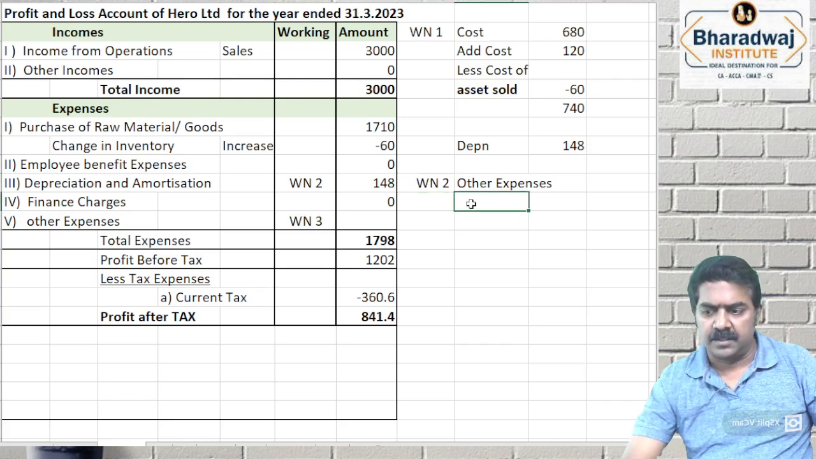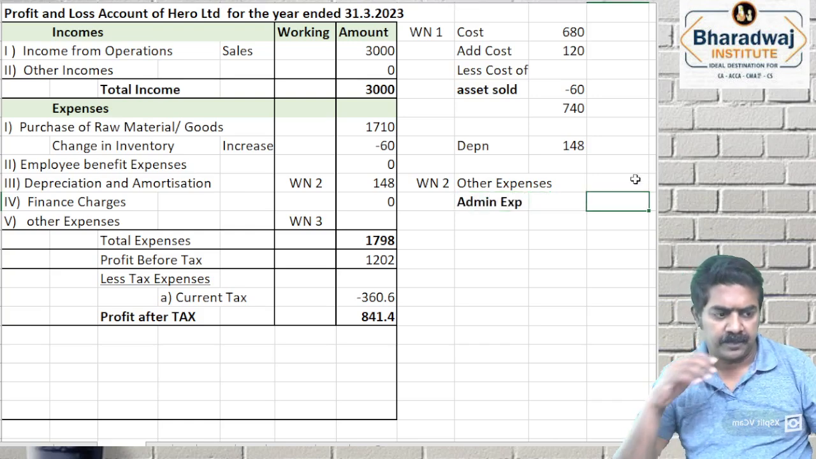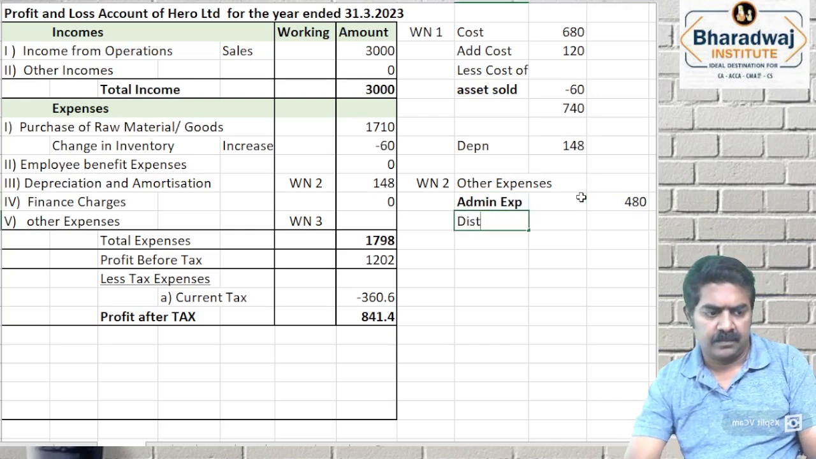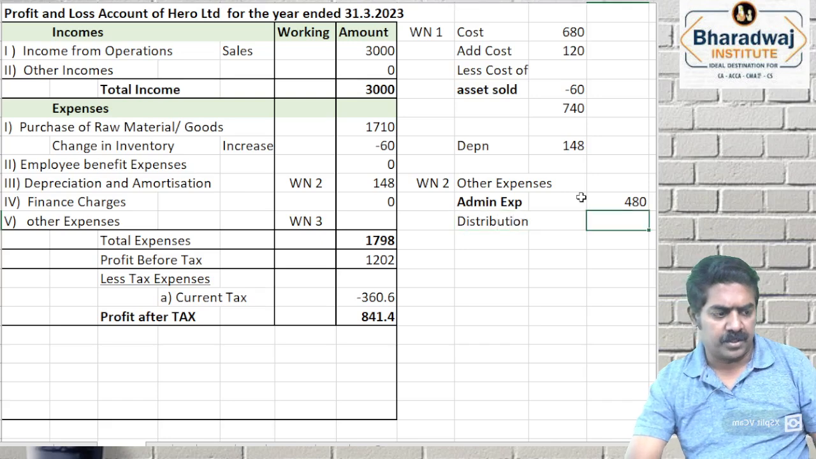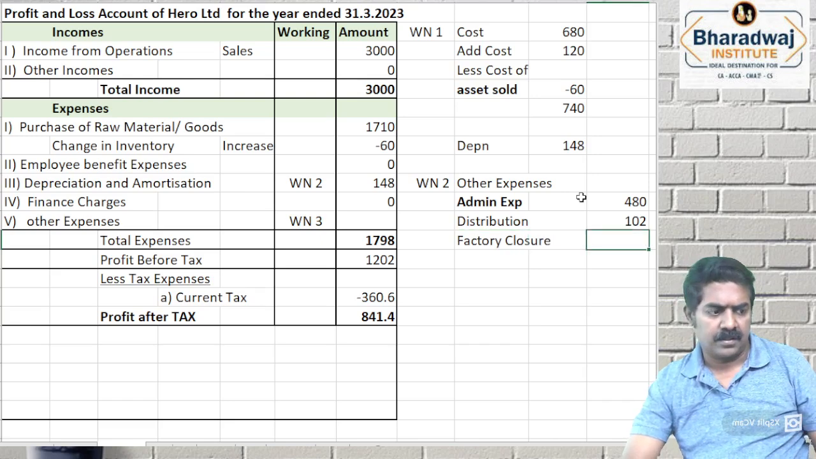What will come in other expenses? Administration expense, 480. Then distribution cost. Distribution cost, how much? 102. Then factory closure cost, 60. Then